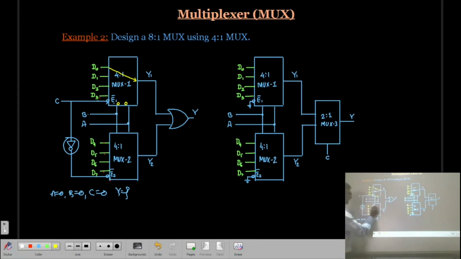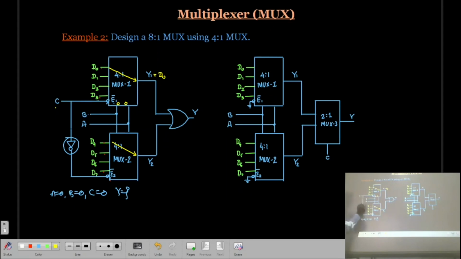Same way, A is 0, B is 0, then D4 is also selected here. But now look at this C. C is 0 means this is going to be enabled. Multiplexer 1 is enabled, so you will get Y1 equal to D0.